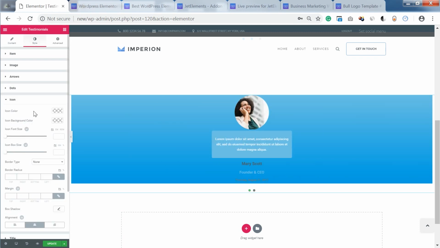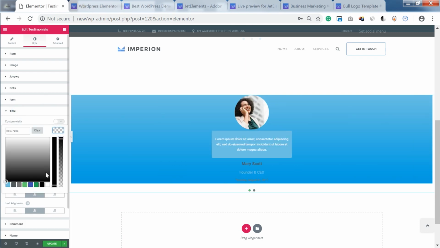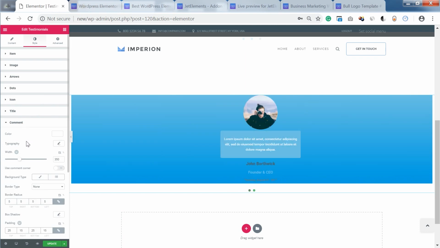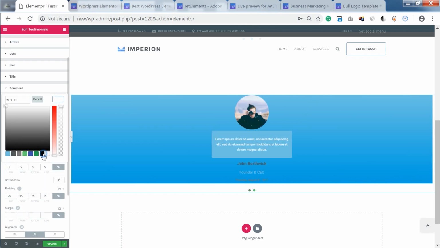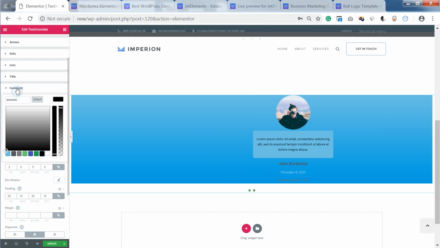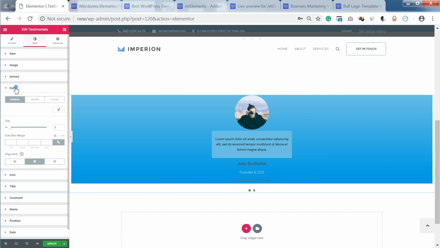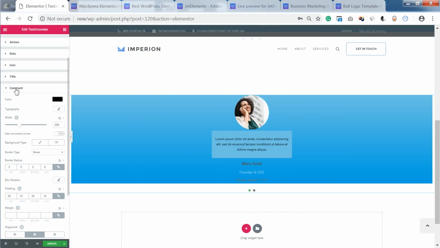Then there goes the icon, and we have all the usual settings that the icons usually have in Elementor page builder, but we don't really have any icon. So the title, here go the typography settings, but we didn't use a title as well. The comment, so as you see you can also change the color of the comment text,